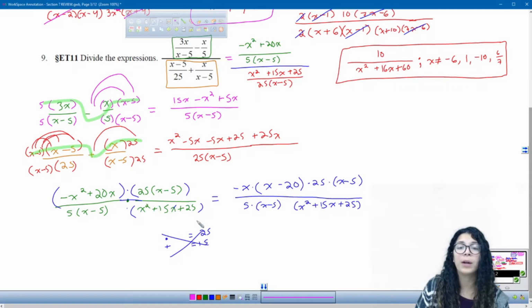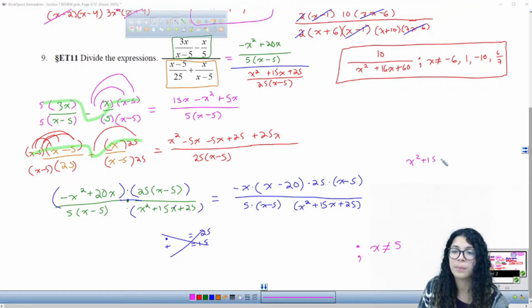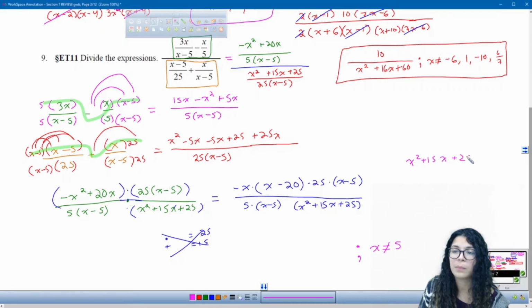So before I go ahead and start canceling out any common factors, I have to list my excluded values, right? The denominator cannot equal 0. So no factors in the denominator can equal 0, which means that x cannot be 5. And this trinomial cannot equal 0 either, because if that's equal to 0, then 0 times all of this would give me 0 in the denominator. So in order to figure out what values will make this 0, I'll have to use the